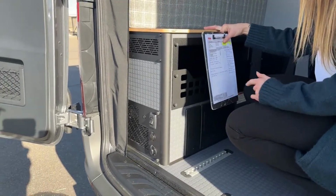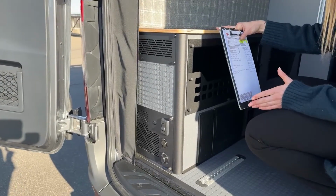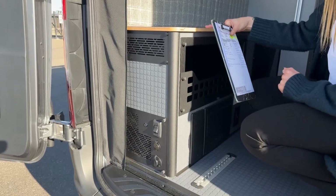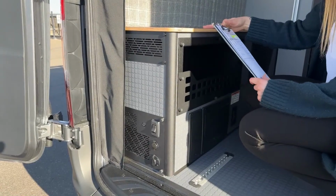So Winnebago did a new power max. So that includes the battery, dual alternators, Bluetooth control. You have a pack for heating inside of the battery as well for those colder temperatures. You have the